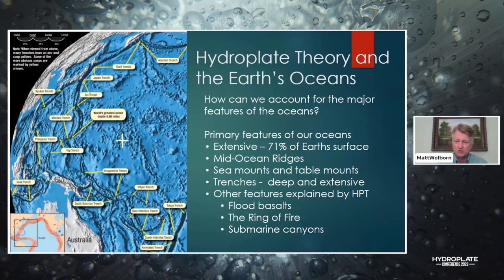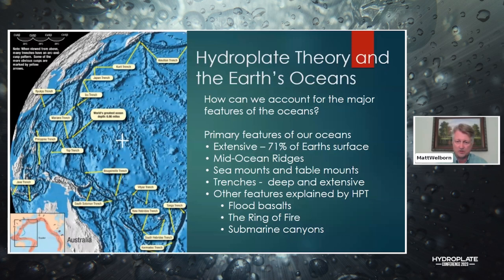features of our oceans? The oceans, as I talked about, are massive, and you see a slide, a picture there on the left-hand side that just shows part of the Pacific Basin, because this captures some of these major features that we're going to talk about during this talk today. So the oceans are extensive. They cover almost three-quarters of the Earth's surface. There's a lot of features like the mid-ocean ridges. We'll talk a little bit about that. Seamounts and table mounts, trenches, which are these amazing things that we don't even think about most of the time. They're thousands of miles long, very deep, very dark, and really amazing places.